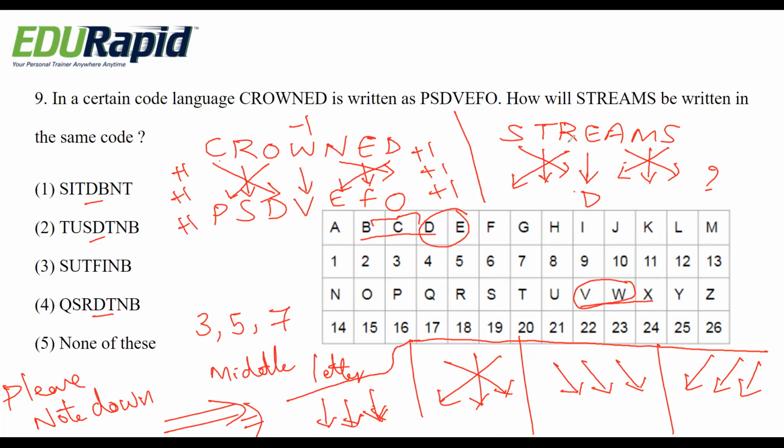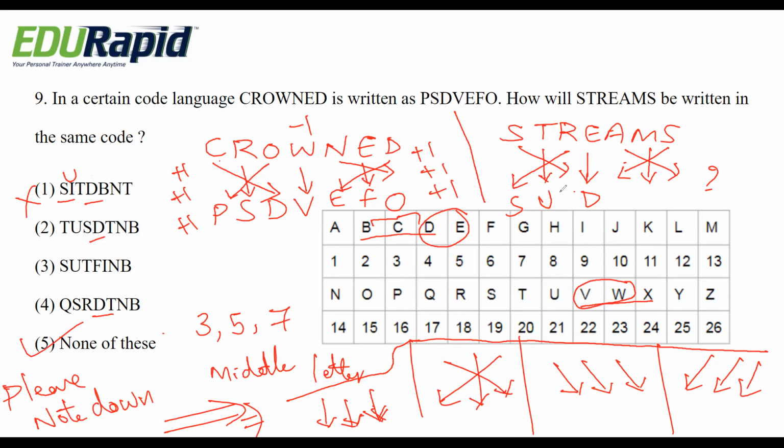Okay, here after R it is yes. So the first term is yes. Here also none of this is there. If there is a none of this, please check all the remaining terms. Sometimes the right answer may be none of this. So after T it is U. Here the second term should be U. Here it is I. So it is wrong. So the right answer is none of this.